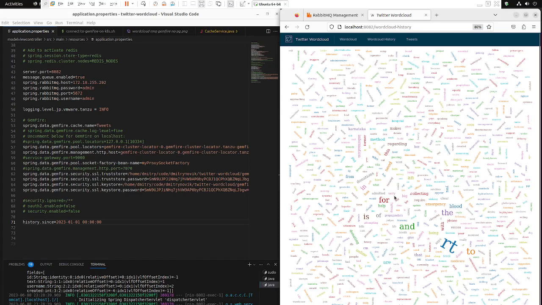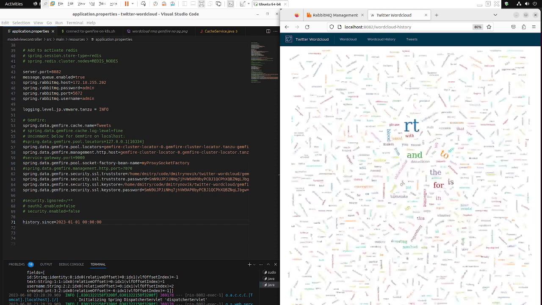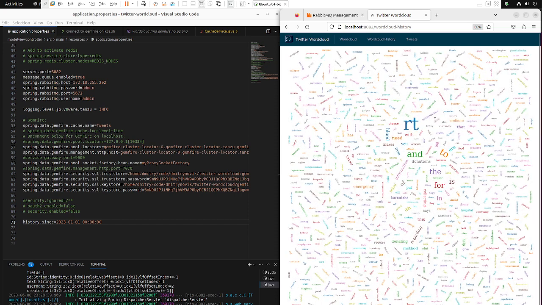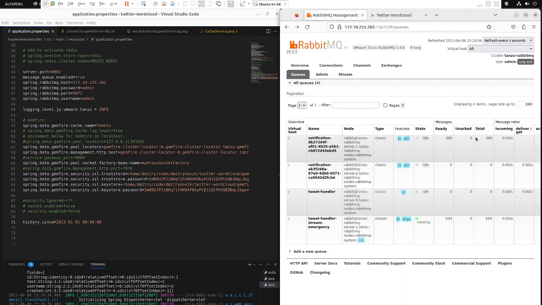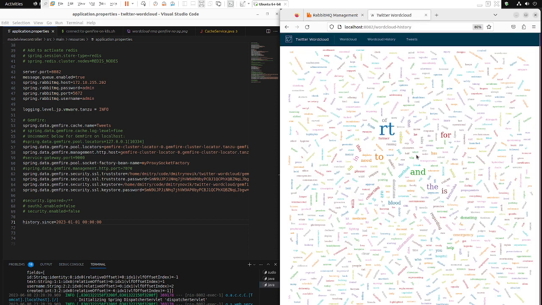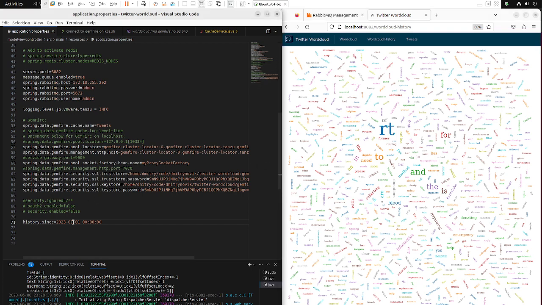It's restarted, and we can see many more words because now we're looking into our full history since the beginning of time. And we can quickly look into our RabbitMQ stream. We got about 700 tweets all in all, and they are all displayed in here. Now this time offset feature is very useful.